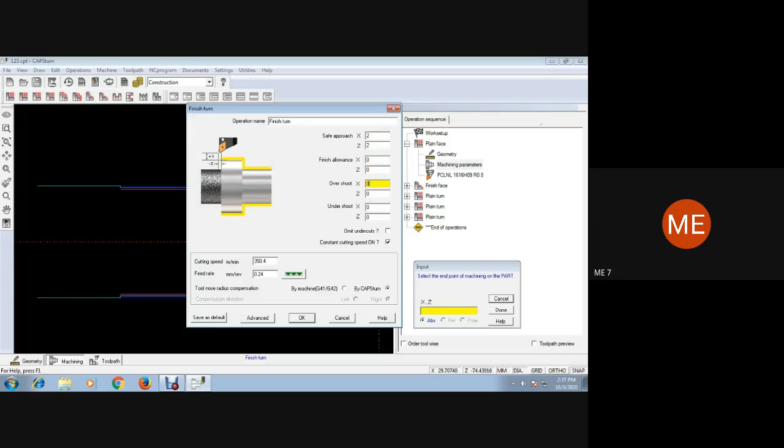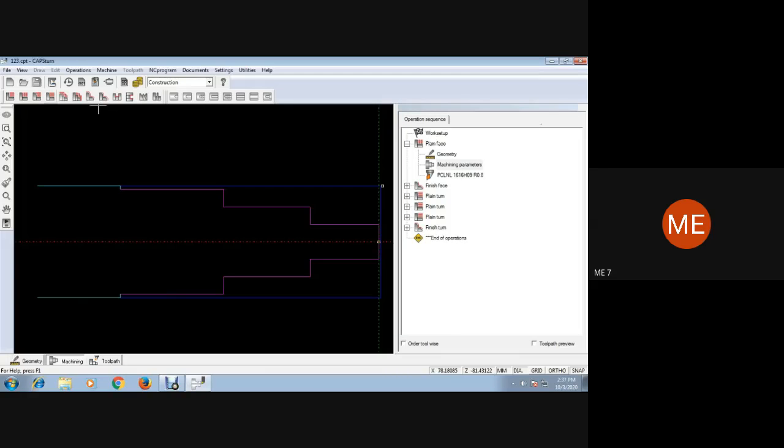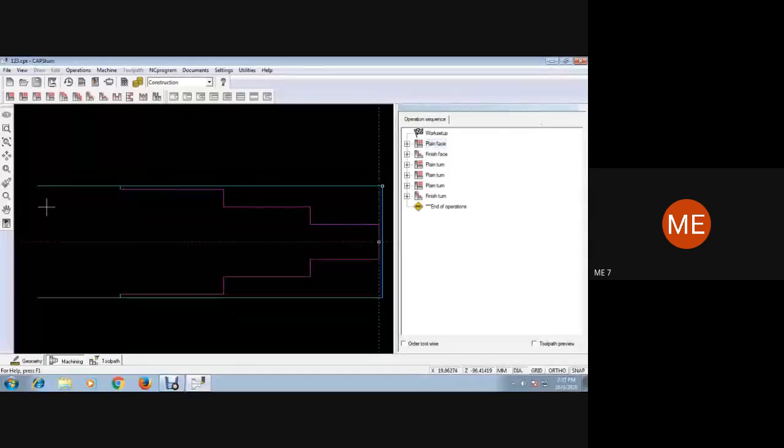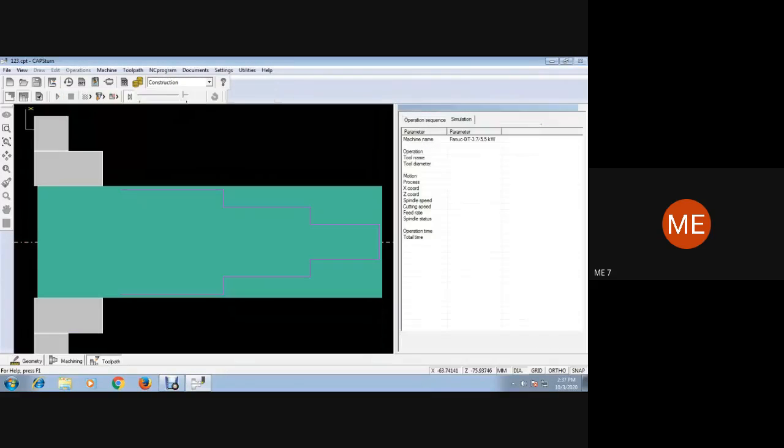Now we'll go for finish turn and give the values. Except for the safe approach values, the other values should be 0 here: finishing allowance, overshoot, undershoot, and all. Let's now go to the toolpath to see the simulation. Click on the play button.